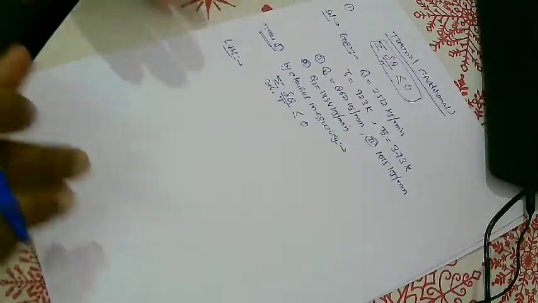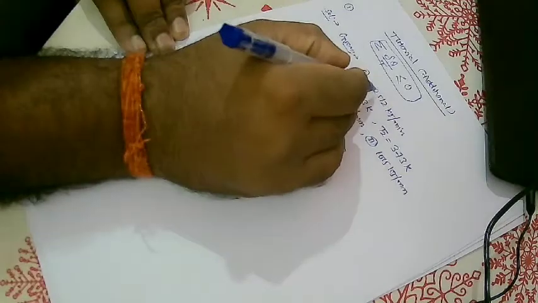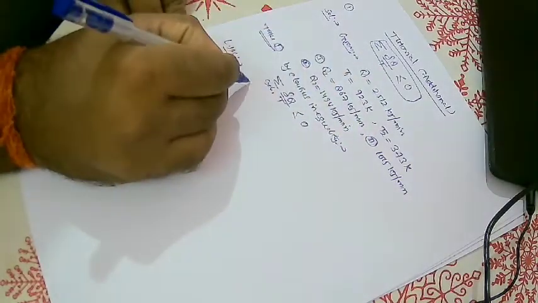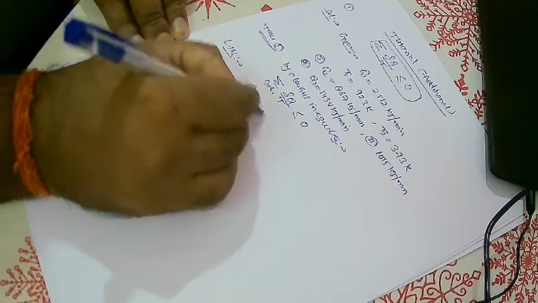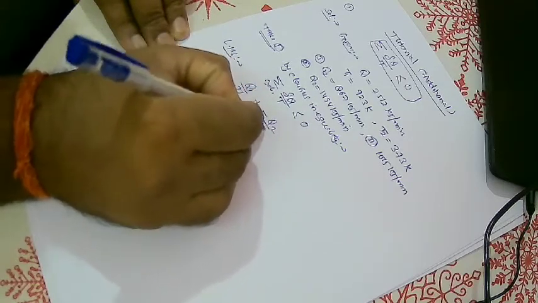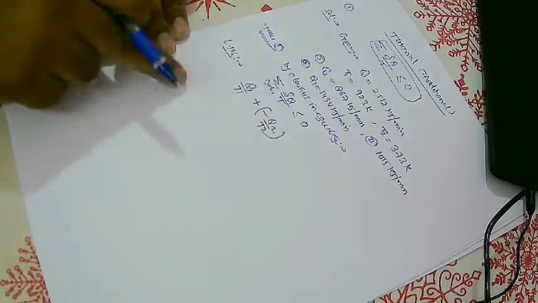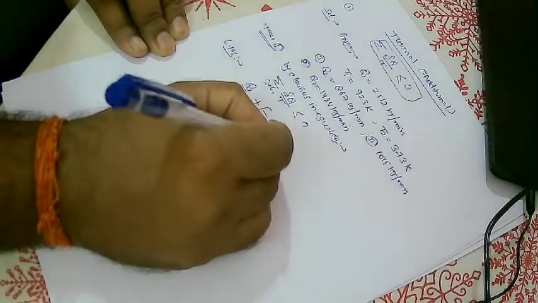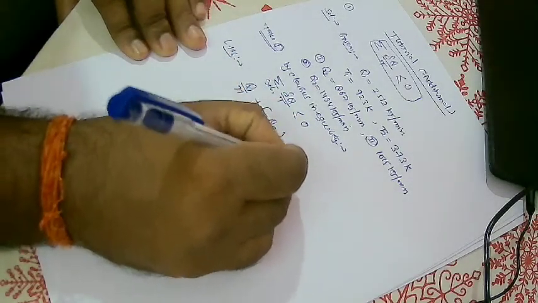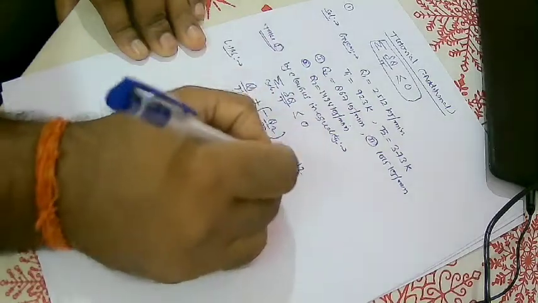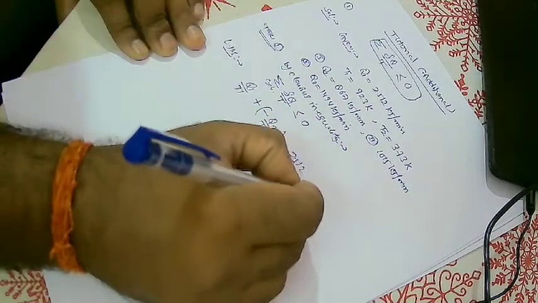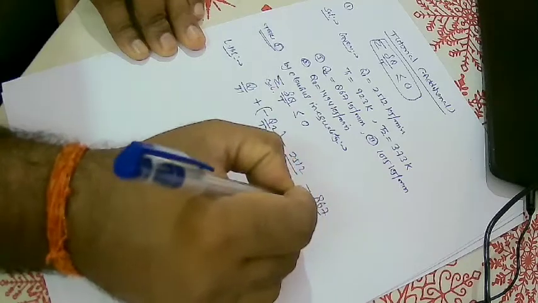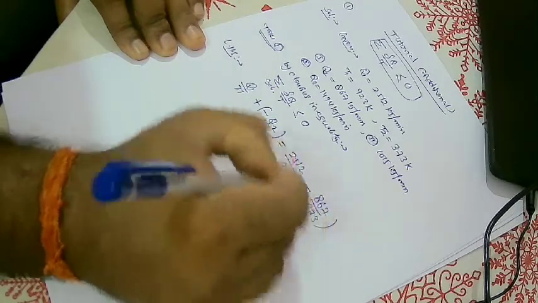So I can say Q1 by T1 plus minus Q2 by T2. Q1 is 2512 divided by T1 is 923, minus Q2 is 867 divided by T2 is 373. So if you solve this,